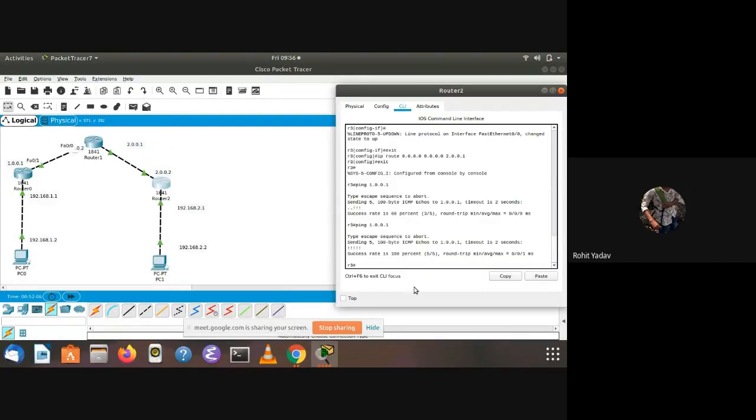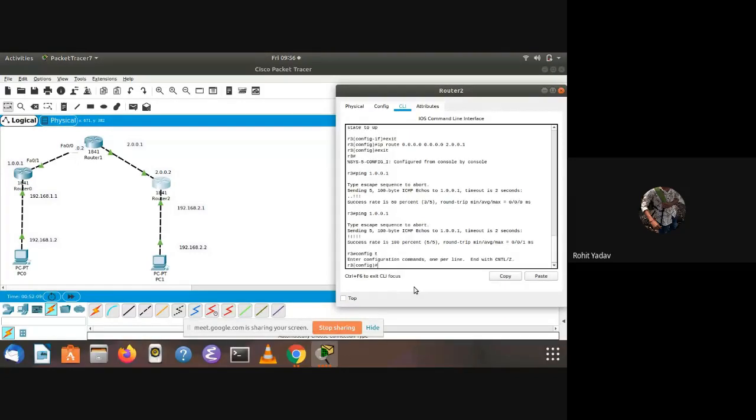Okay. We will go in config mode and we will give the tunnel name, interface tunnel 100. Okay.